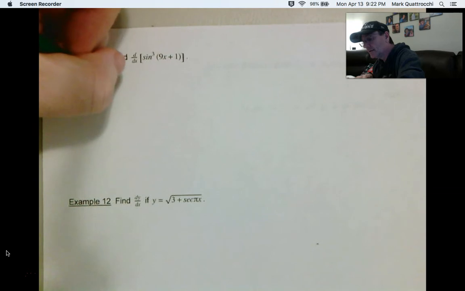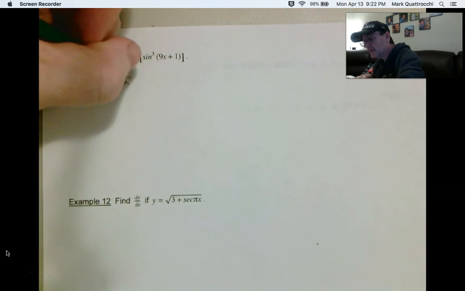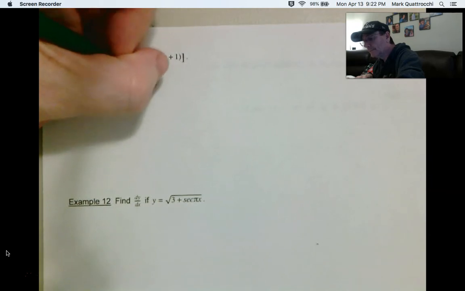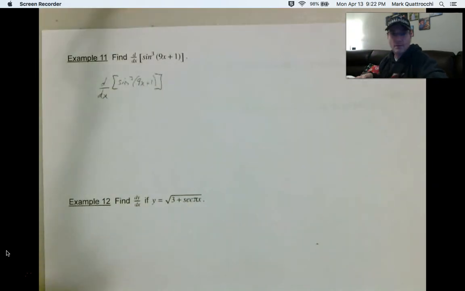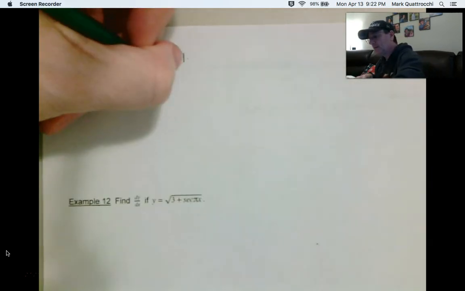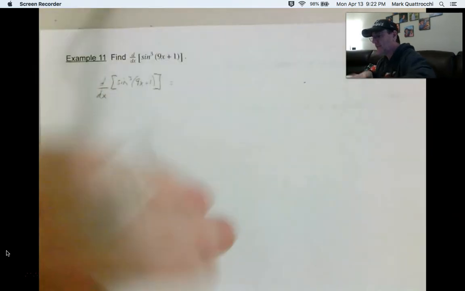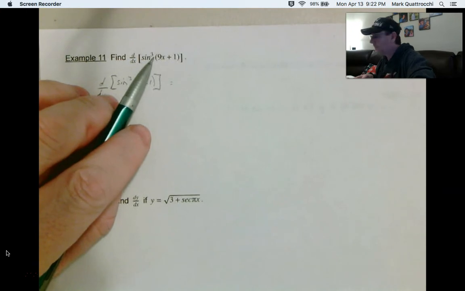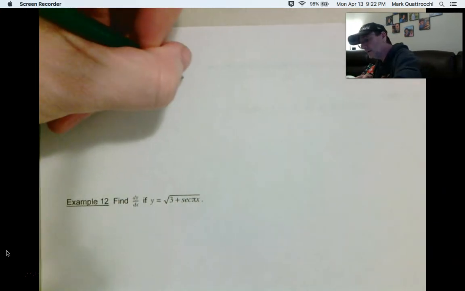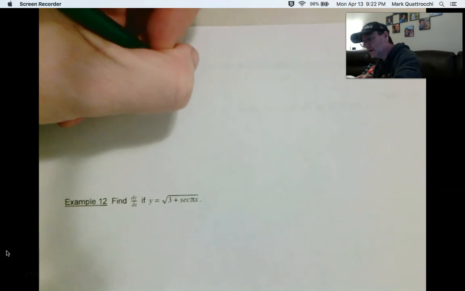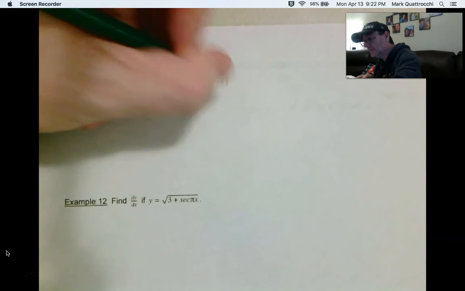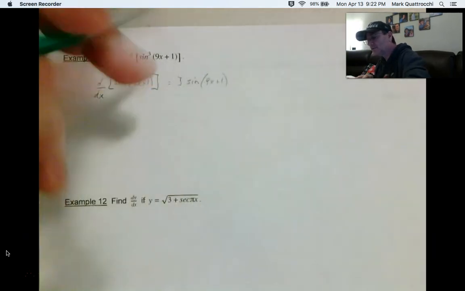dx of sine cubed 9x plus 1. I'm going to write out each level of this chain this time. It's going to equal the derivative of the power, which is 3. Next function unchanged, sine 9x plus 1. Subtract 1 from the exponent, so squared,